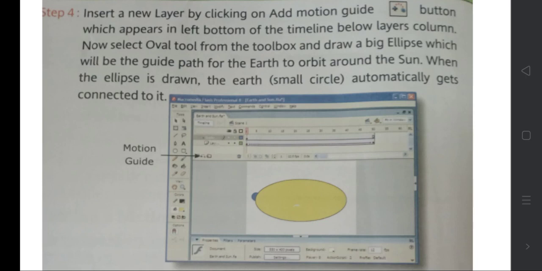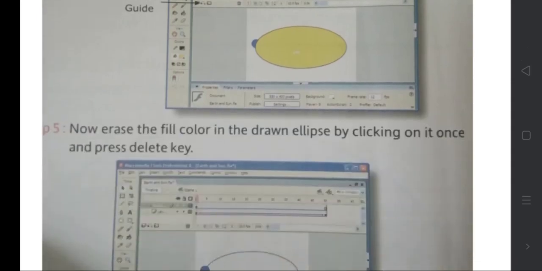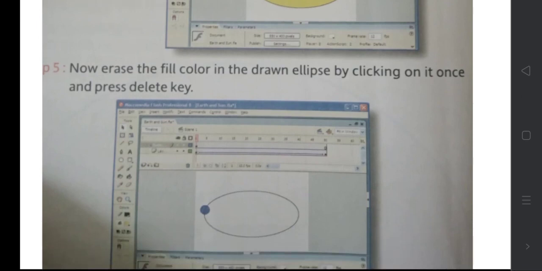When the ellipse is drawn, the earth, the small blue color circle we drew, automatically gets connected to it. So you are connecting the path with the object. Then erase the fill color, take out the color you filled, so only the outline will be there.